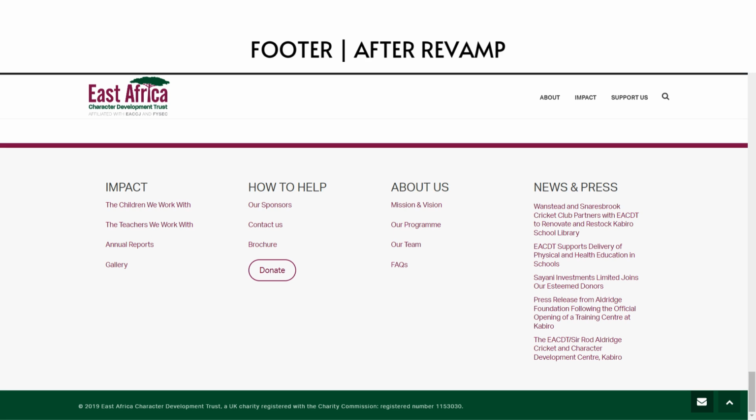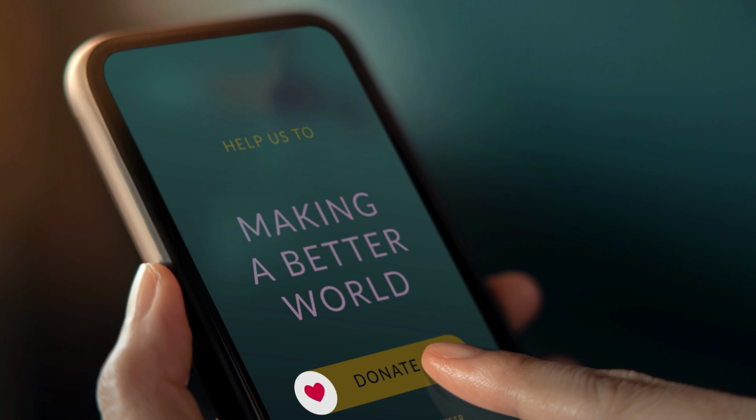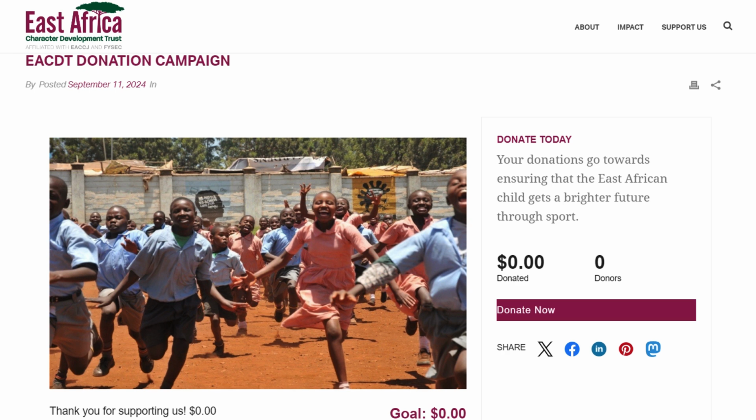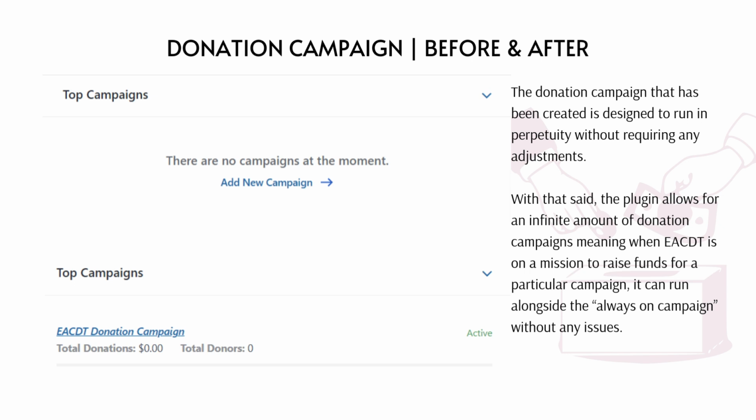Okay. Then finally, the last thing they wanted us to do was to set up for them a donate page. Now they did not have a donation page before we got a hold of this particular website, and so we implemented for them a donation page that is 100% functional, 100% optimized, and 100% set up to make sure that it is user friendly. So you can see there is the campaign,